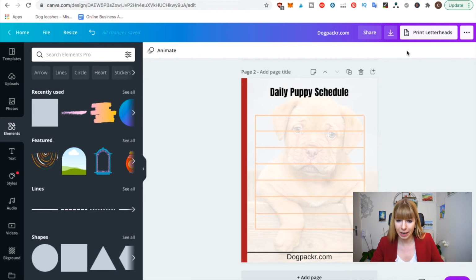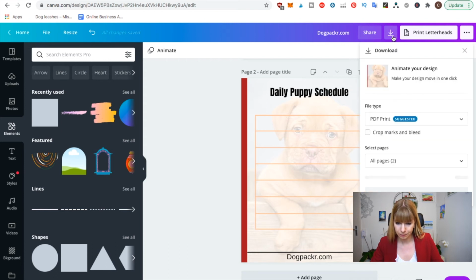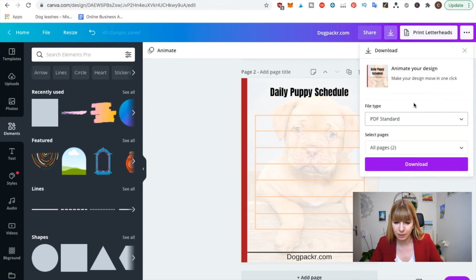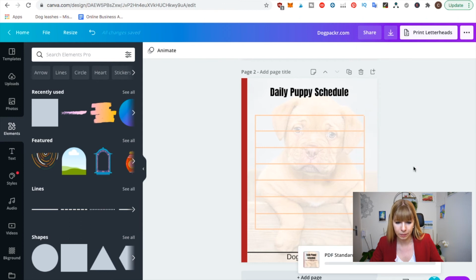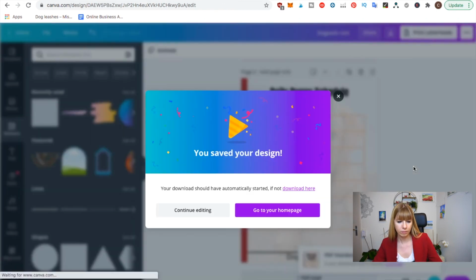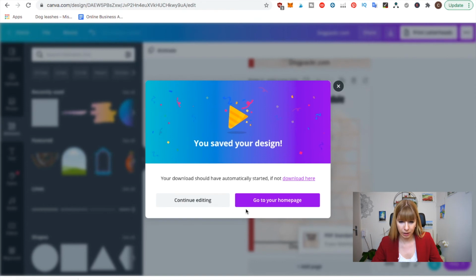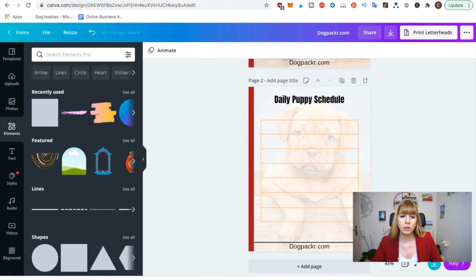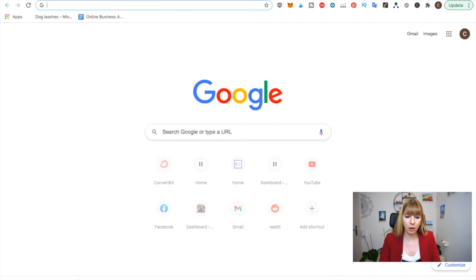Okay, so just go on this arrow field and then click File Type, PDF Standard. Select 2 pages, that's fine, and then just click Download. So now it's downloading onto my desktop. And now to make it customizable, go onto